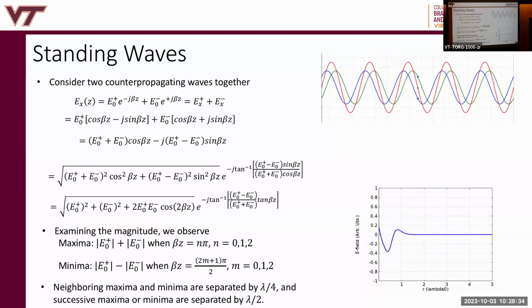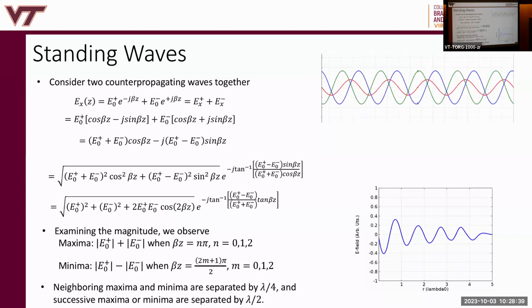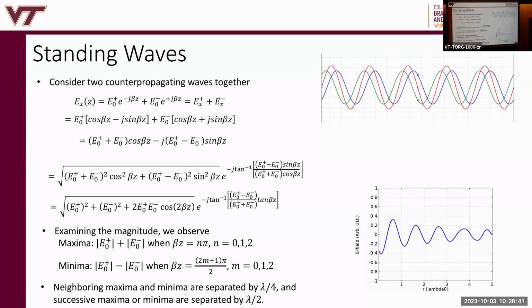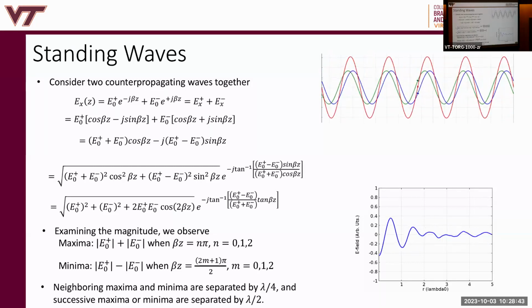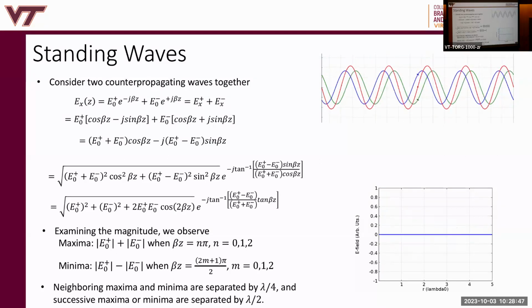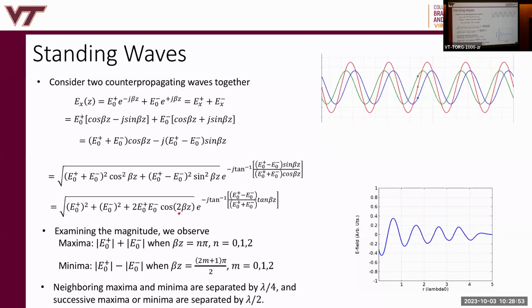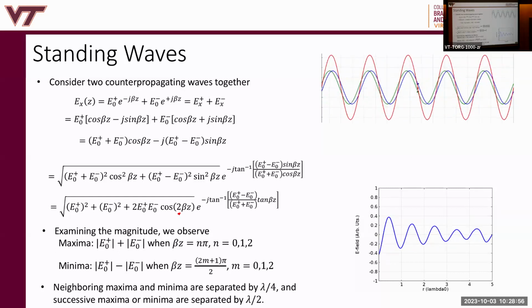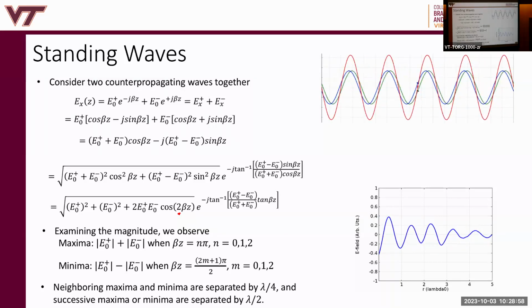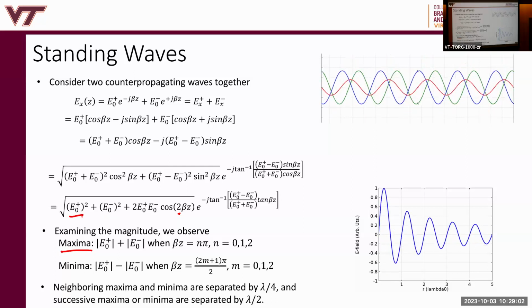So when is it a maximum? When the cosine's argument is 0 or multiples of pi. So when beta z is n pi, because we have a 2 here, it always gives us the positive maximum, and it's equal to E_0^+ plus E_0^-,